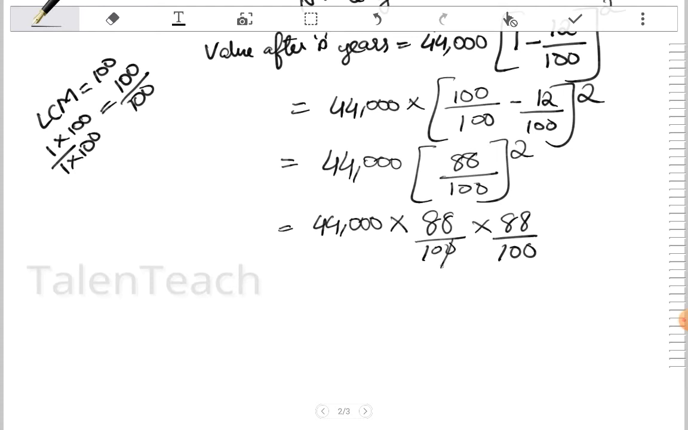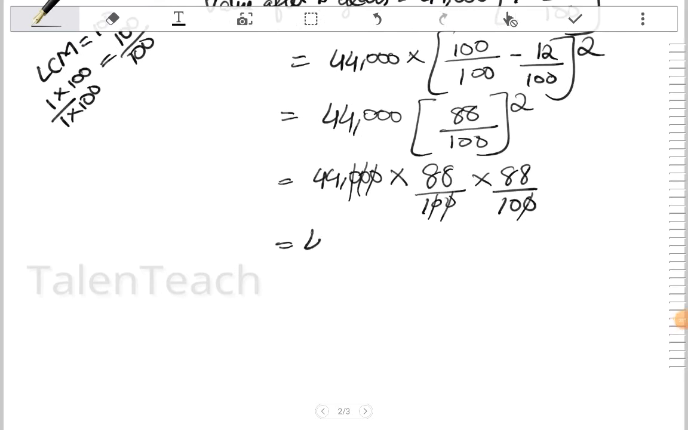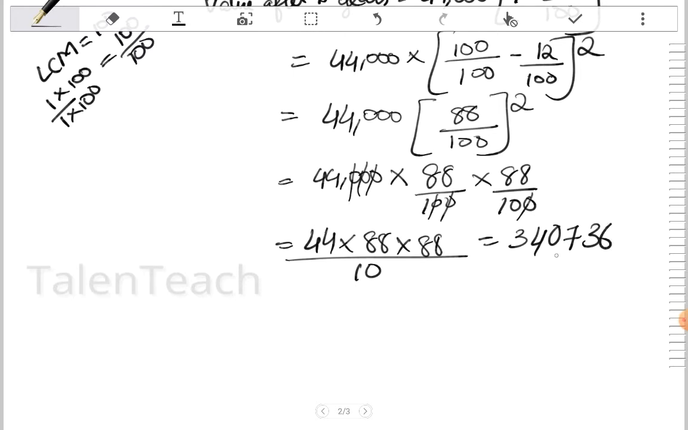First we can cancel the zeros. So here 2 zeros, 1 and 1. So here we have 44 left into 88 into 88 by 10. So 44 into 88 by 10. So when we multiply these three, that is 44 into 88, we will get the product as 340,736. Then when we divide it by 10, we will get it as